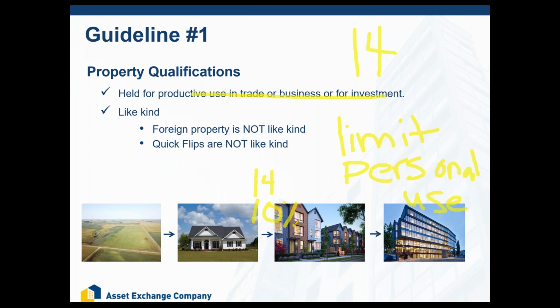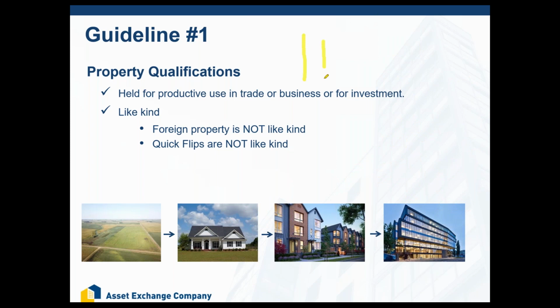So, in order to have a 1031 exchange property, all you have to do is rent it out for 14 days for at least 2 years. So 14 days this year, 14 days next year, and that will work. But you have to limit your personal use to 14 days or 10% of the amount of time the property was rented.